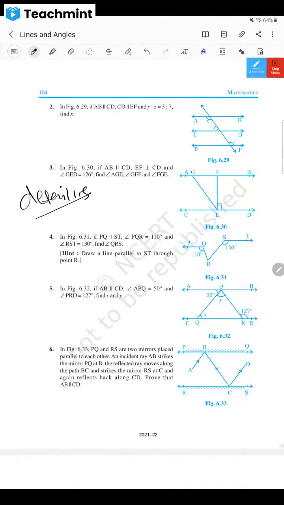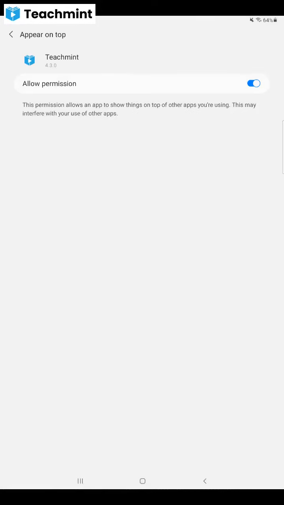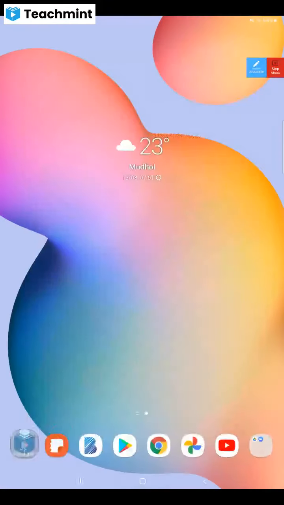Will you write them in your fair book? Yes, sir. Okay, full detailing and full flow. With full detailing, I want all these things. Okay, dear children, so you have to be doing that. So I'm going to stop this class with this second exercise, and I will talk to you a little bit. I have a few things to talk to you, dear children. So let me stop this first of all, and then I will talk to you.